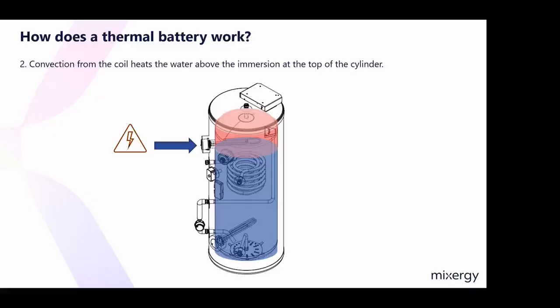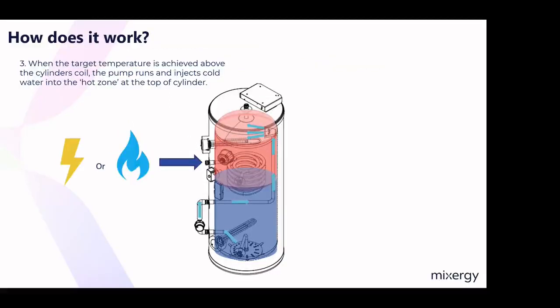The heat source is located at the top of the tank, and depending on the heat source used, the initial charge of hot water would be between 10 and 15%. As the temperature sensor recognises that the tank is charged to between 10 and 15%, it will then start to take water from the bottom of the cylinder through a variable speed pump and atomise it into the top. So imagine a cup of hot tea. If you pour cold water in, it cools it. If we atomise cold water into hot, it equalises temperature, and we're able to store that energy and get the cylinder to stratify and keep the water what we call crisp.